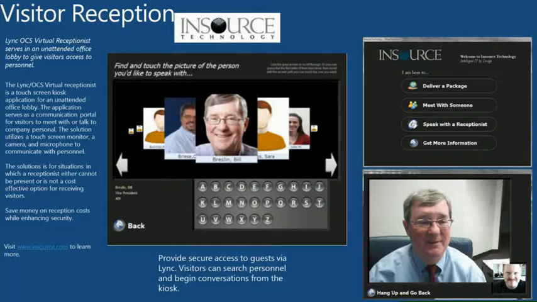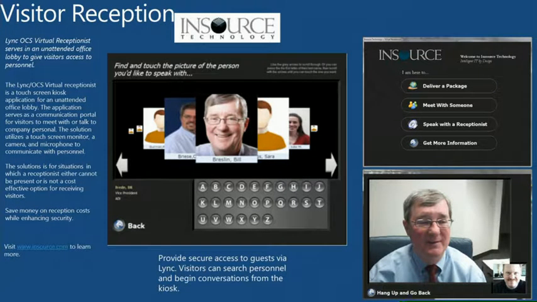So your receptionist is a kiosk. You select the person that you want. And then, without it looking like Lync at all, but this is all built on the Lync core infrastructure, I can say I would like to meet with someone, and then at that very moment you will get connected via that kiosk that you have standing at your reception to that person, and you can say, hey, I'm here, can you pick me up? And then that person would walk to the front door and pick you up. Right? So this is an application where we have completely reskinned this. Now this is one very practical use.